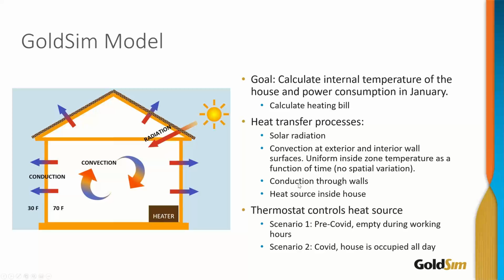Our model considers two scenarios. One is pre-COVID, where we commute to work, so we're not at home, and we set the thermostat to a lower temperature throughout the day to conserve energy. And the second scenario is COVID, where we work from home, and that is where we maintain our set temperature throughout the day. So that is an overview of what we're going to be modeling for the big model,